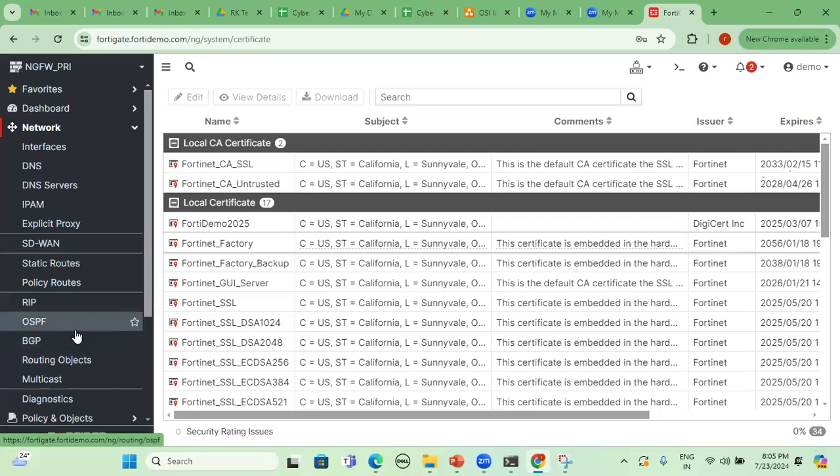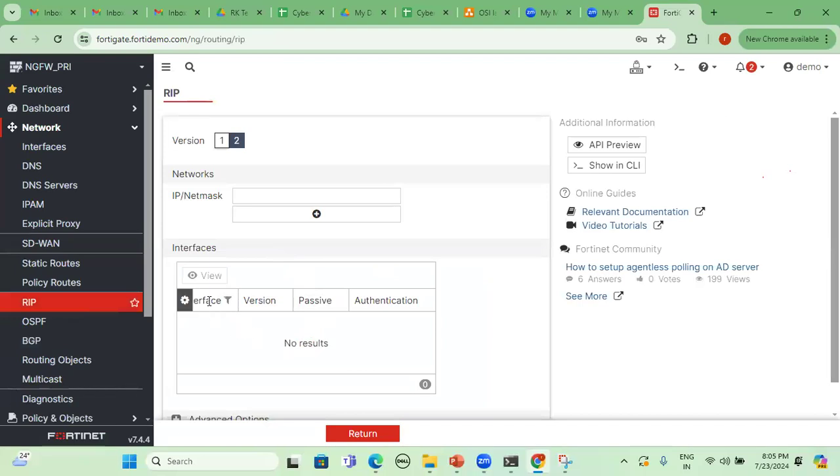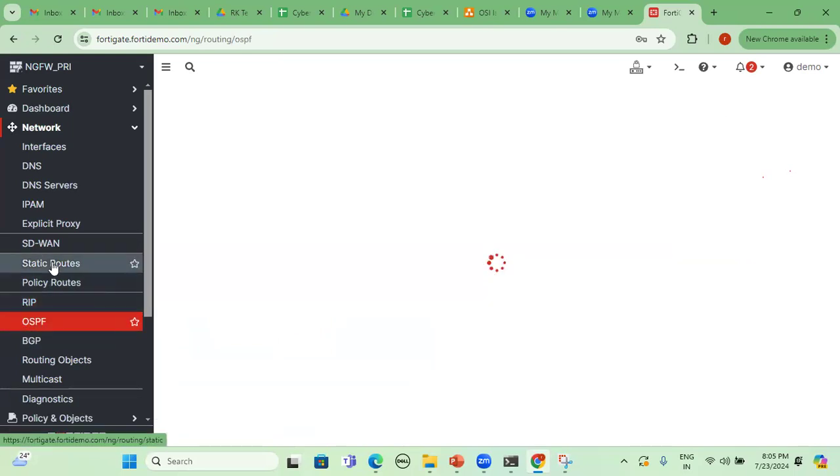What information the network admin team or network engineers team is giving to me, then I can go and I can configure. That's all. I'll just copy paste. I'll go to example RIP. I'll click on add here and I'll click on the respective IP address. Whatever IP address is from the network admin team or network engineer team, I can add all those IP addresses here, and through interface, which interface is going on, what is the IP address, everything I'll give it here. If it is RIP, routing information protocol, in the similar way, OSPF, in the similar way, static route.